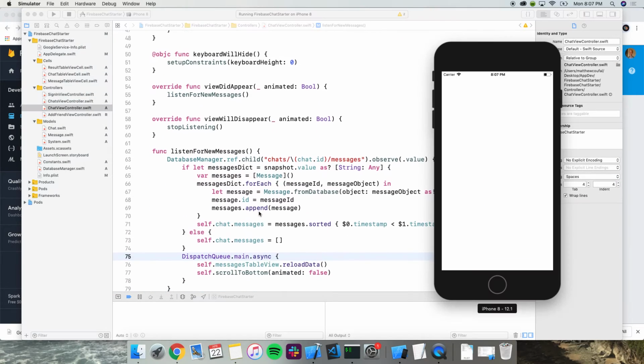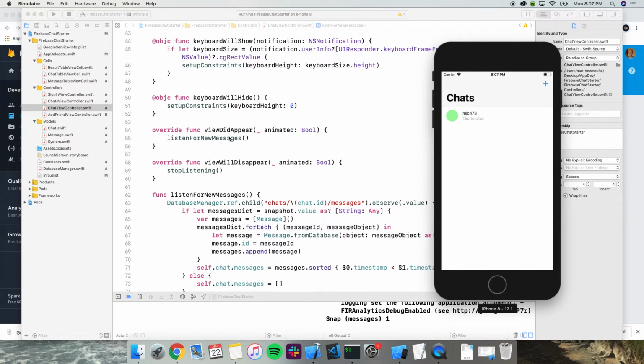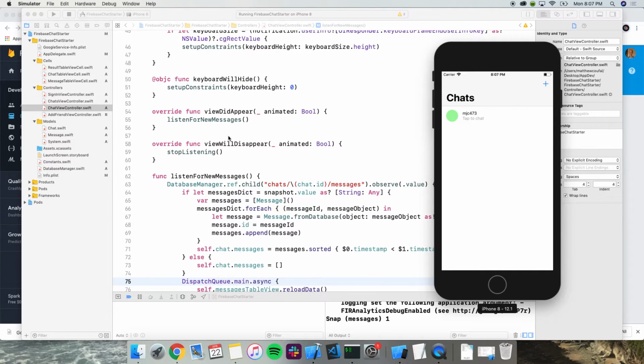And you'll notice we call that function every time. We call this in view did appear. So we're always listening whenever we're in this instance of a view controller. So now, because of what he said earlier, we don't actually see a message. So if I type one now, we see something. And you're probably gonna wonder, okay, what happens if we have a really long message? That's taken care of right now as well. So we have two messages, we go back, it's still there, which is cool.